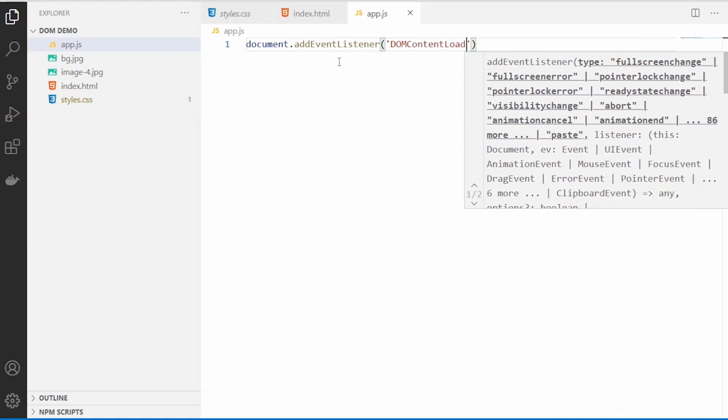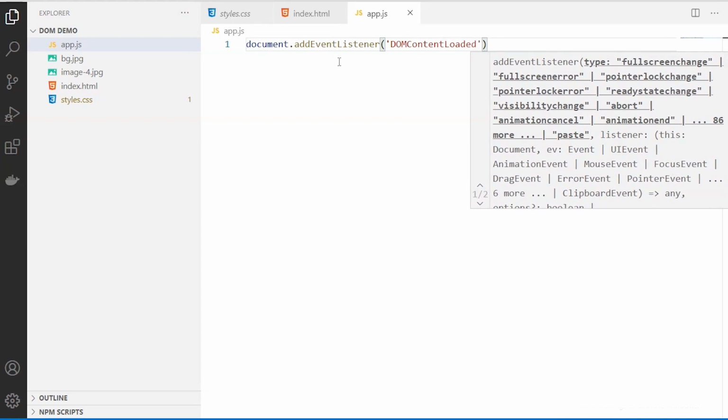DOMContentLoaded. Now this event fires when the initial HTML document has been completely loaded and parsed, without waiting for other dependencies like your CSS files, style sheets, images, or any other elements to finish loading. So if your original content is loaded and parsed, this event will be fired. And the target for this event is your document itself, and that has to be loaded.